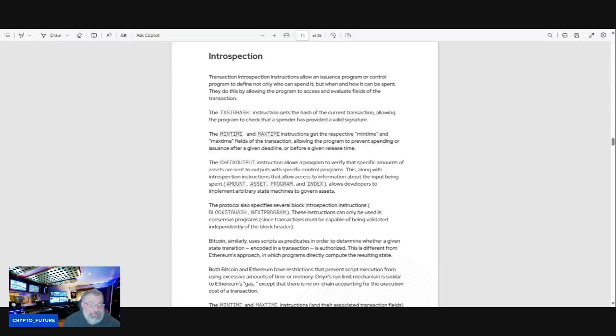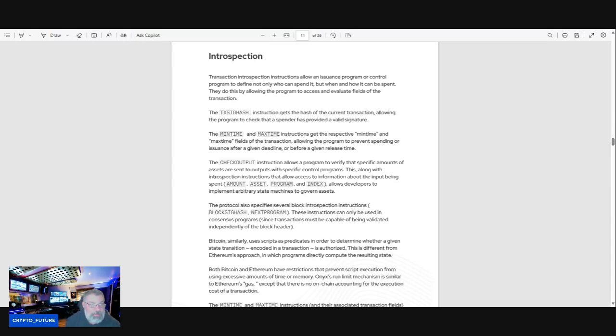The TXSIGHASH instruction gets the hash of the current transaction, allowing the program to check that the spender has provided a valid signature. The MINTIME and MAXTIME instructions, obviously minimum time and maximum time, get the respective min time and max time fields of the transaction, allowing the program to prevent spending or issuance after a given deadline or before a given